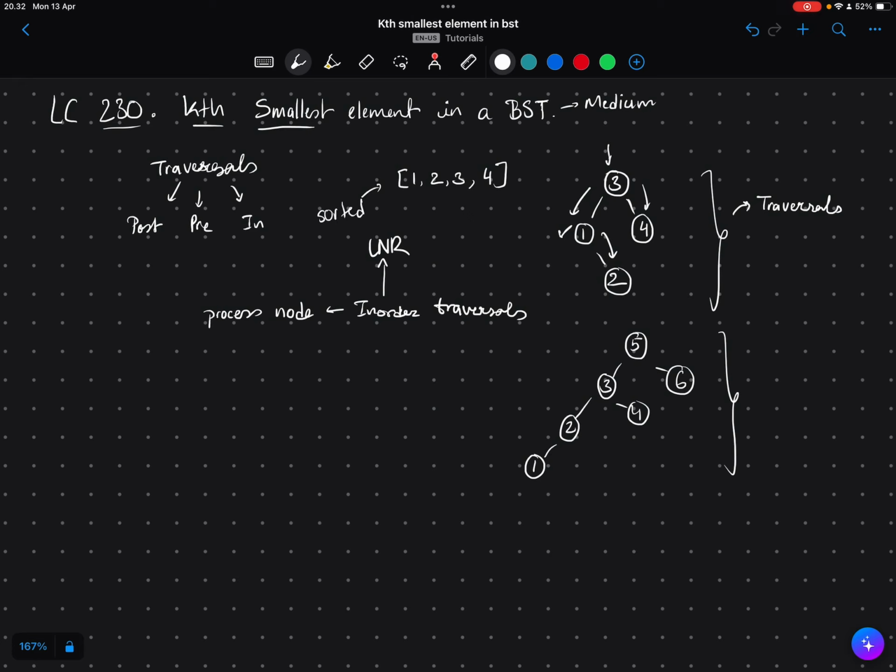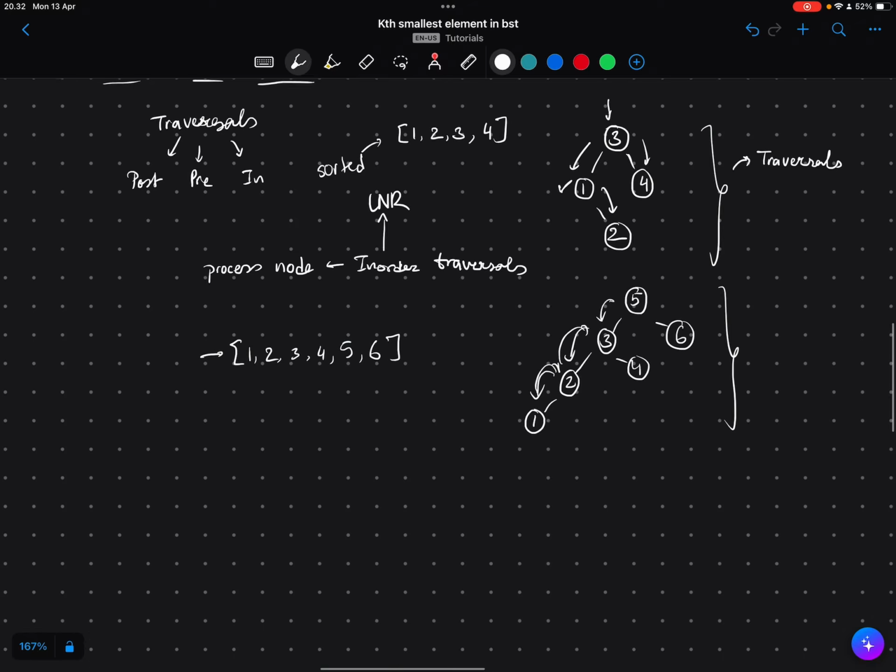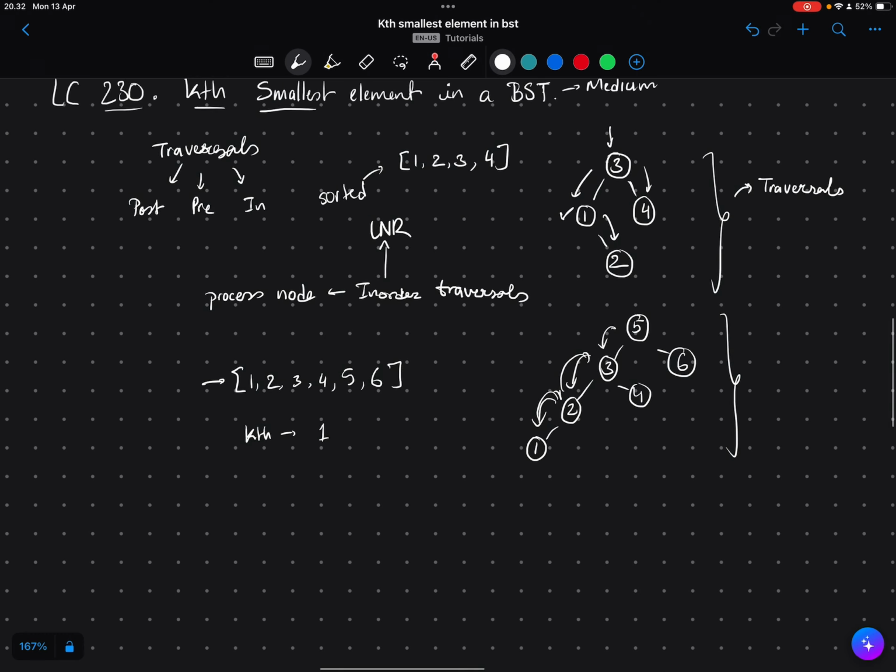Now that array is already sorted, if you can see, and just to make it more clear, I'll show it on the other one as well. If we go all the way to the left, we'll go to 1 first, then we'll go back to node 2, we'll go back to node 3, we'll go to the right, 4, then we'll go back to the node, and then 6. Again, it's sorted, and we just want the kth